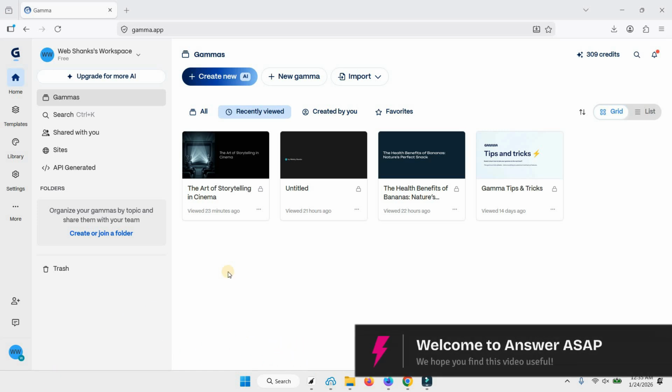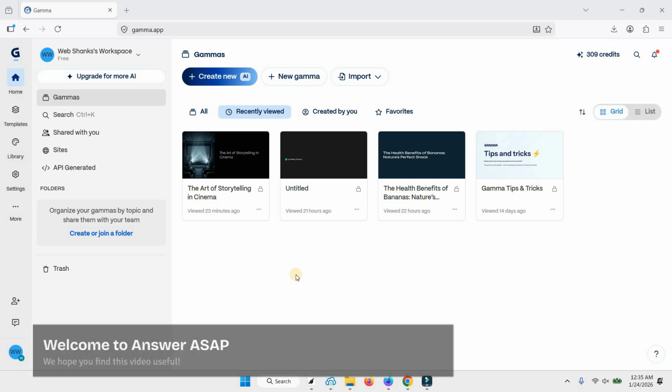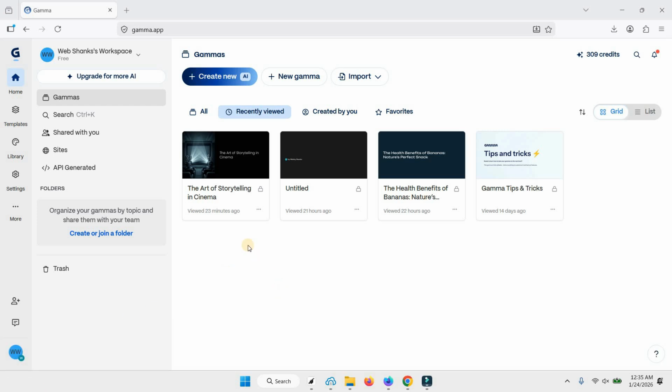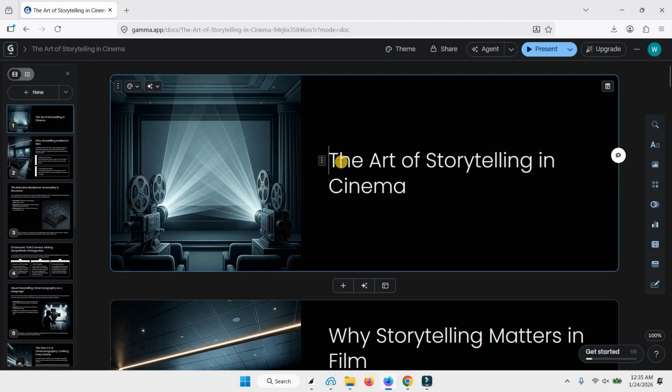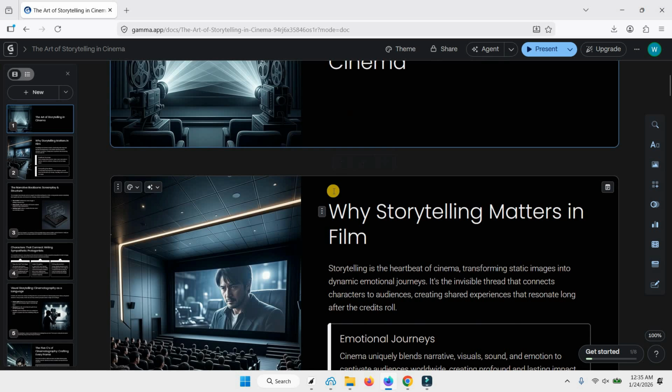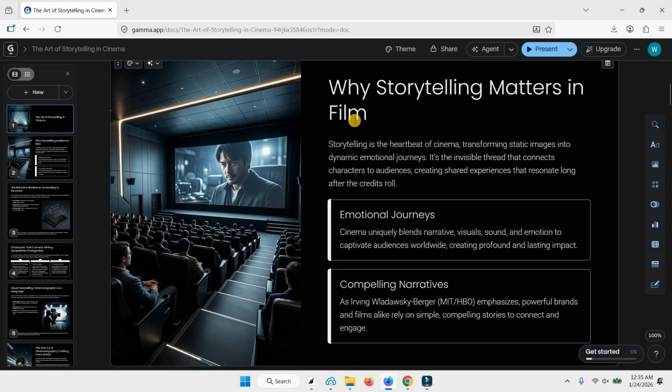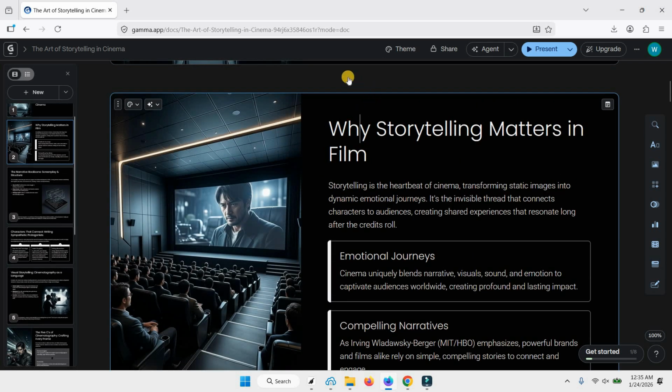This is how to download slides from Gamma AI. From your dashboard, select a Gamma presentation, then select a slide you want to download, for instance, this one. Then click this three dots,